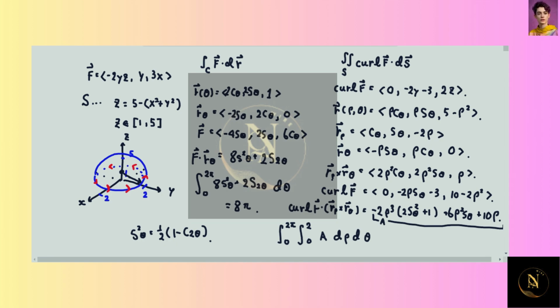And of course, you can use a calculator as well, but you will get 8π. Okay, so because we get these two numbers to be the same, it basically confirms the fact that Stokes' theorem is true. And that's how you